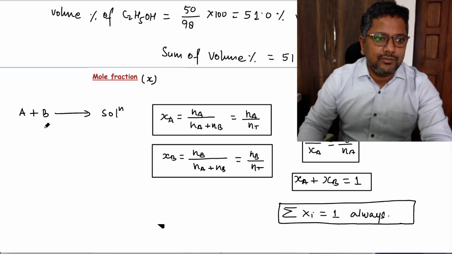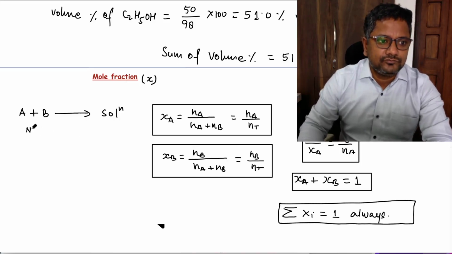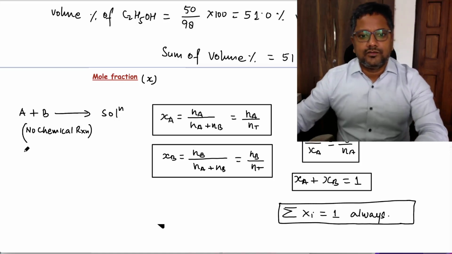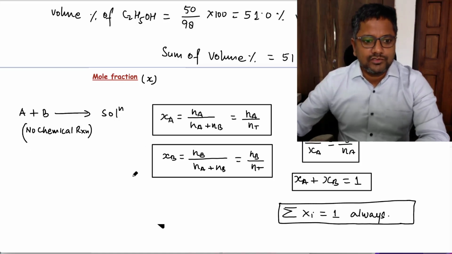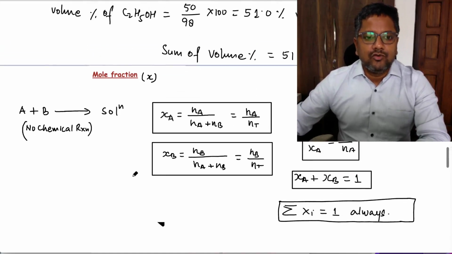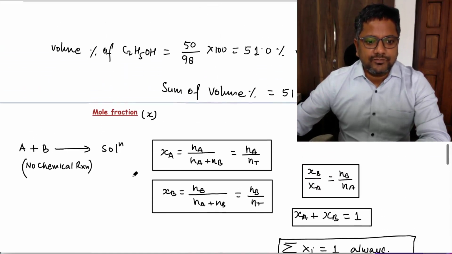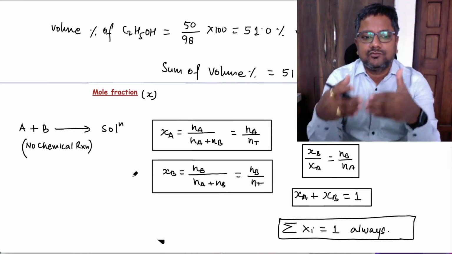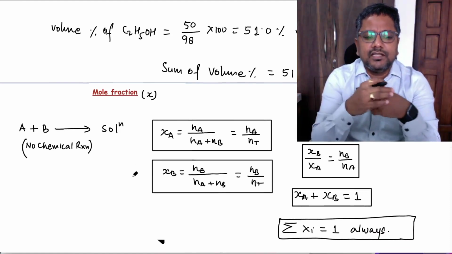So no chemical reaction. Otherwise, it is difficult for us to find the number of moles and mole fraction, because in a chemical reaction, if at any particular time you have the information that these moles are present, then you can calculate the